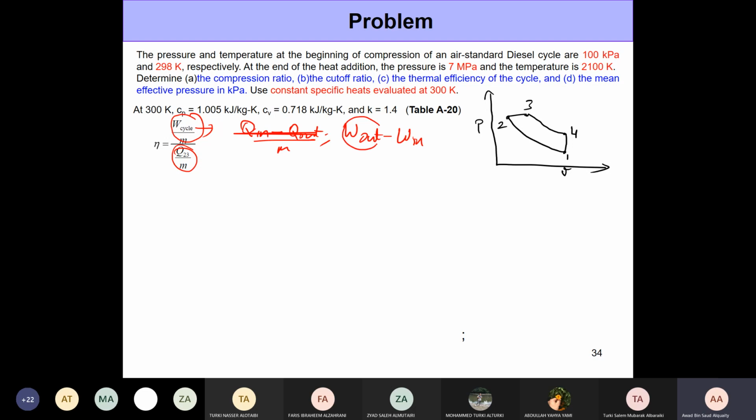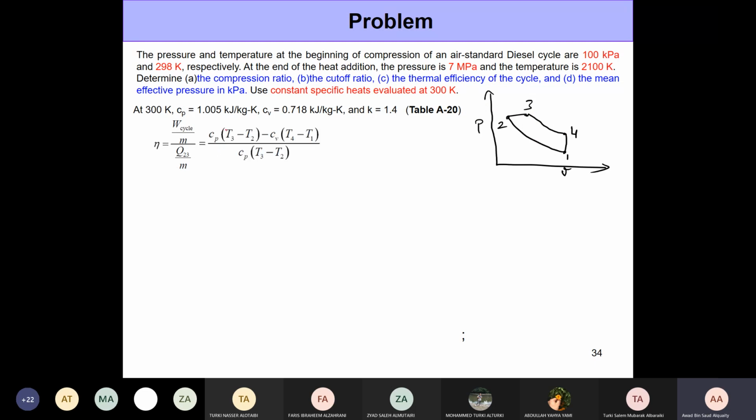Now, when you do work out minus work in, you've got to remember that there are two power strokes in this. So there is some boundary work done during the process 2 to 3 and the main work done during the process 3 to 4. Right. So you've got to consider them both when you do it that way. And of course, the work input is happening only during the compression process. So here we're going to use the simpler method, which is Q_in minus Q_out. But I'm also going to show you what happens when you do the other method. Of course, the answers are going to be the same, but you never want to use a longer method. OK, so this is what we're going to do. All right, so let me just start with the first one, Q_in minus Q_out.